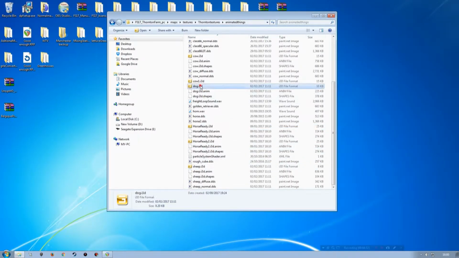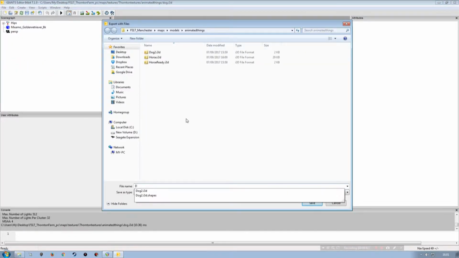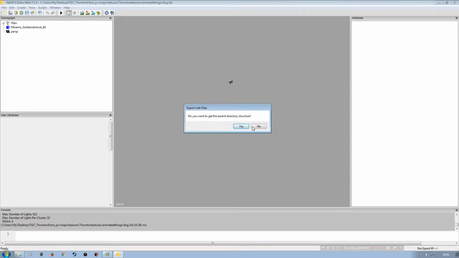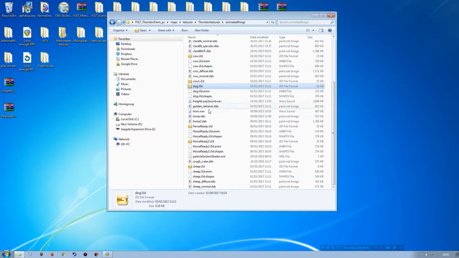Then I need to just find the dog, so I'm going to open this one up. Do the same again. So I'll just go Export All with Files, and we'll just go dog, save, no, and done. So we close that down. Okay, so don't need anything else from there in that particular folder. So I can go back to the